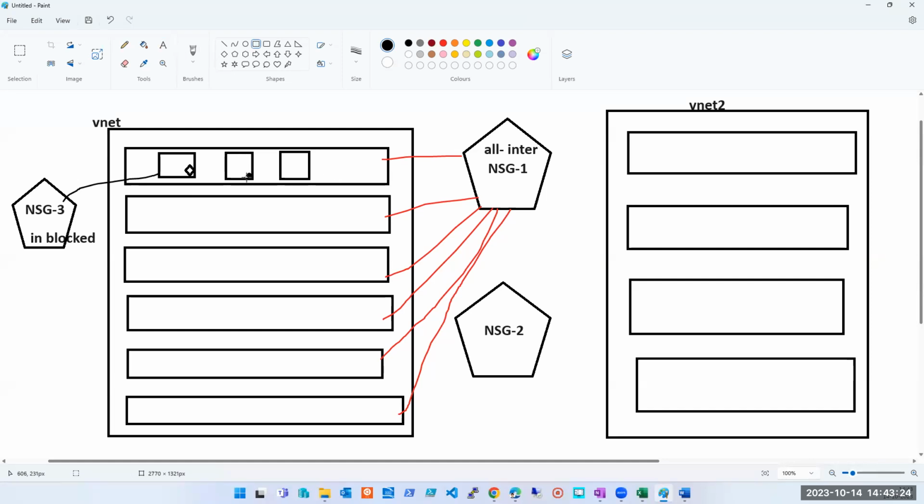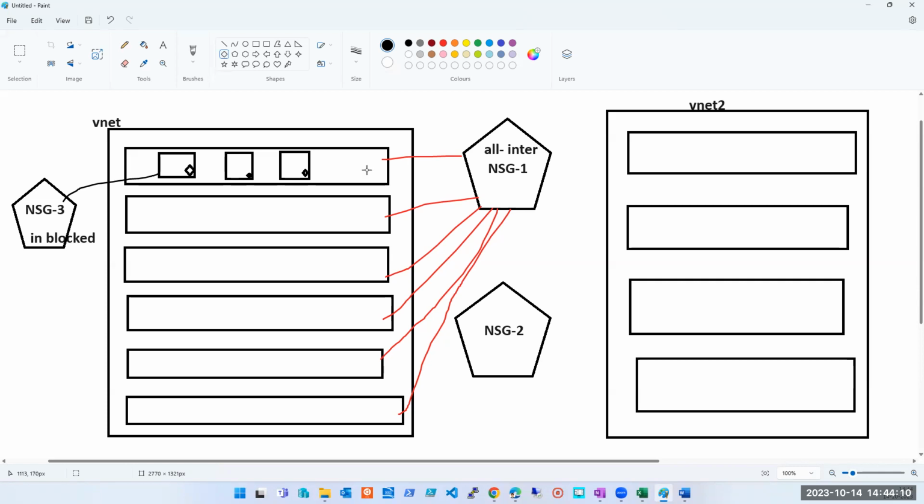Yes. Now this machine, will this machine be able to access internet? Second machine and third machine? Go by the diagram. If there was any NSG on the NIC, I will draw that. So if there is no NSG on this NIC, then which NSG is being applied to this? NSG1. Why? On subnet level. Yes, perfect. Because this machine is a part of the subnet and this subnet has NSG1. So if there is no NSG being applied here directly, then this NSG is being applied and this NSG says internet is allowed. So directly it can go. We are talking about outbound. Clear?